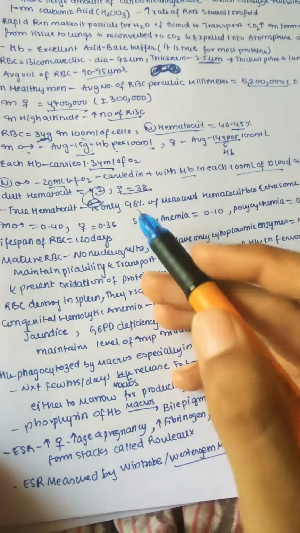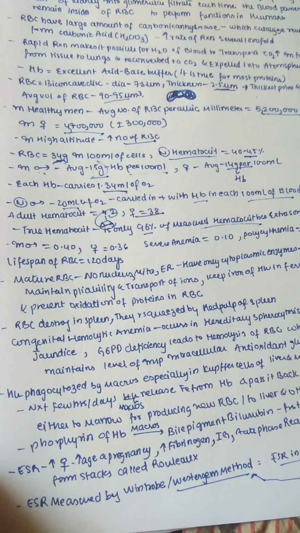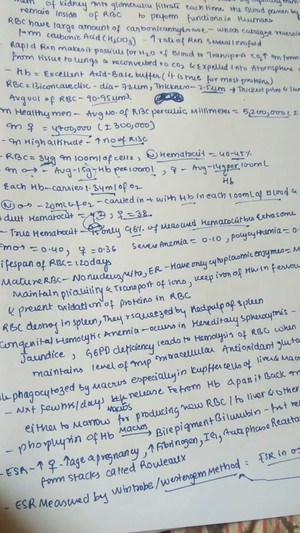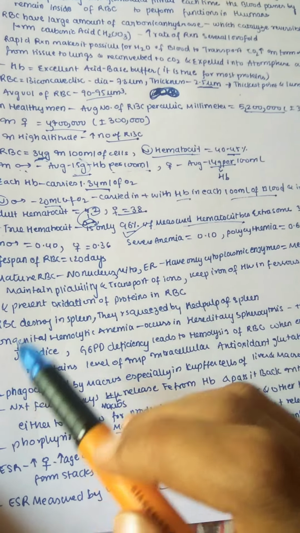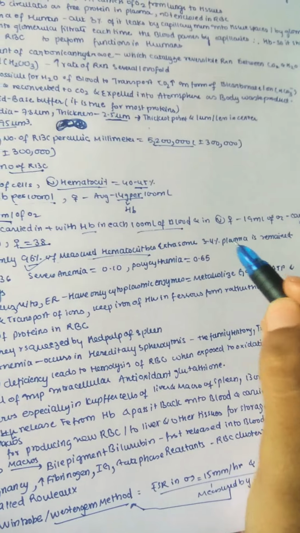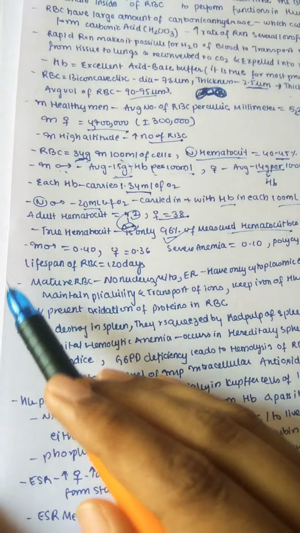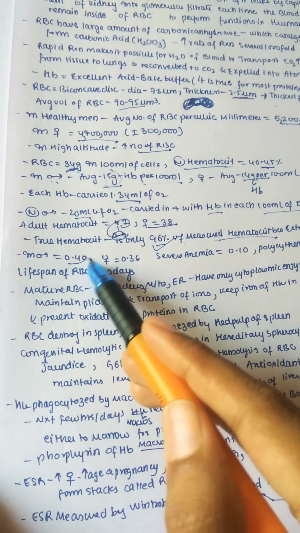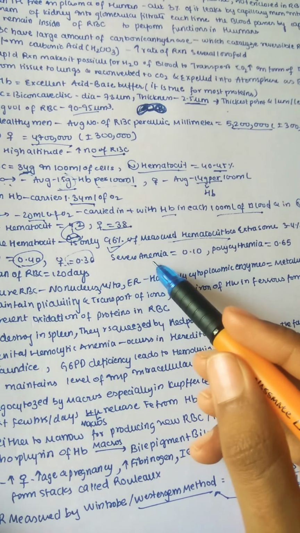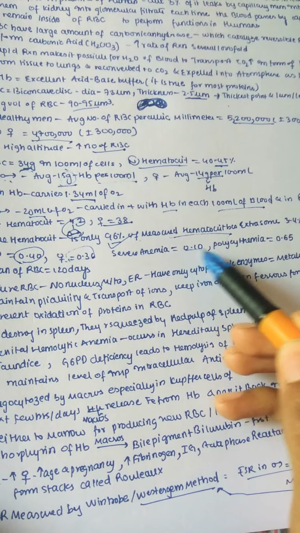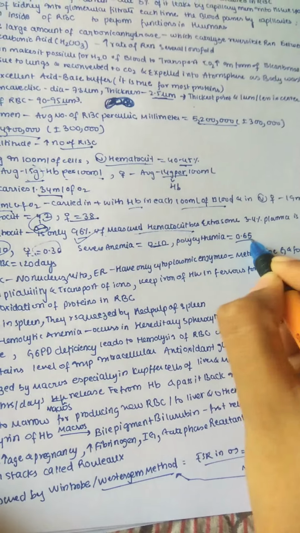And true hematocrit is only about 96% of measured hematocrit. So this hematocrit means the amount of RBC present in blood, as we are saying, about 40 to 45%. It's not really a true value. It is only up to 96% true, not 100% true, because 3 to 4% of plasma may remain even if we do centrifugation at very high power. So in a male, this is about 0.40 hematocrit, and in a female 0.36. In the case of severe anemia, the number of RBC is decreased, so it is 0.10. In the case of polycythemia, meaning an increase in the number of RBC, here it is 0.65.